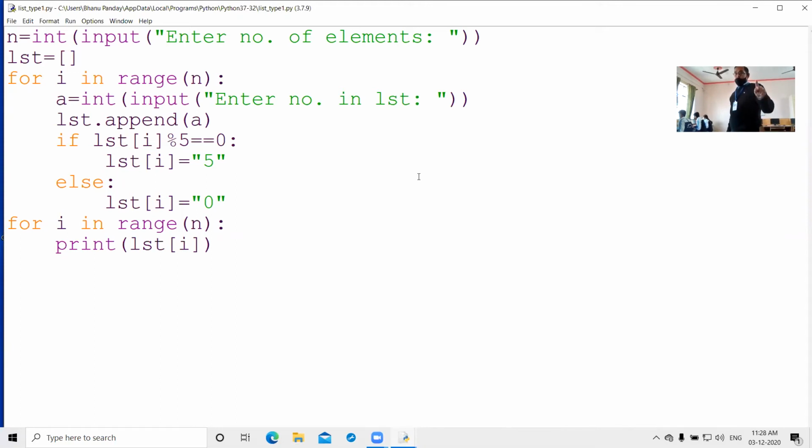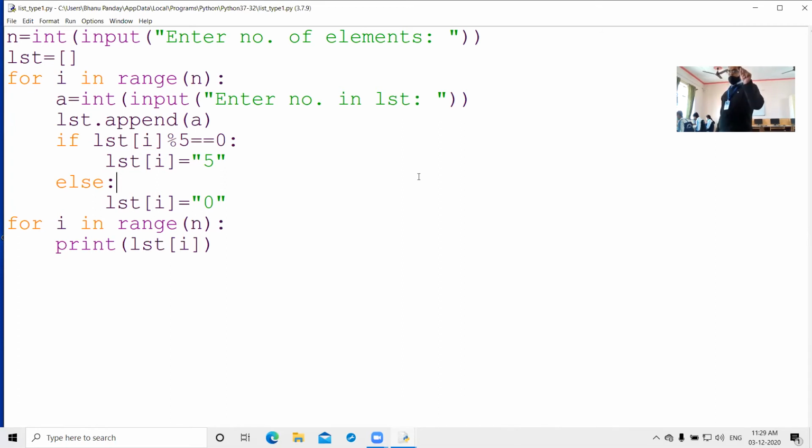Then if condition: if the value of the first index, that means index number 0, is completely divisible by 5, for that you have to write lst in bracket i. The value of i you will get from the loop, like 0 index, then 1 index, then 2 index, like this.